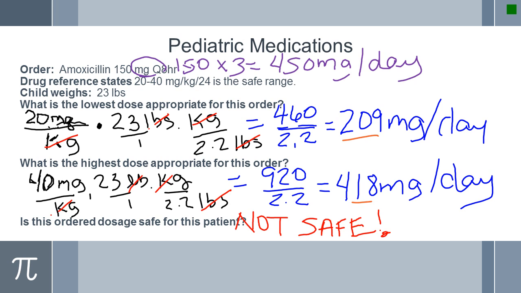So what we have here is amoxicillin. Our order reads 150 milligrams every 8 hours. Our drug reference says that we can give 20 to 40 milligrams per kilogram in 24 hours, or per day. Our child weighs 23 pounds. So to figure our low dose that's appropriate, then we're going to take our 20 milligrams